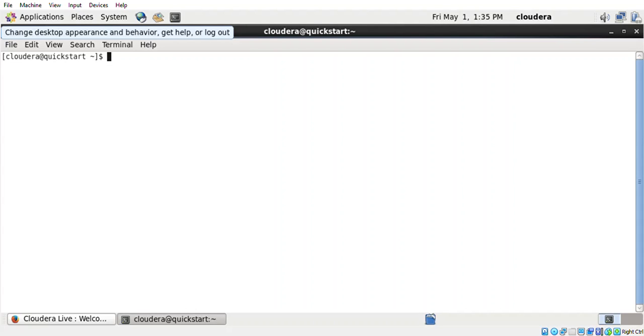The first one is the control flow nodes. As the name says, they control the starting of the operations, the ending of the operations, and in between, the intermediate processes that are happening. That is why we call them control flow nodes. Next are action nodes, where the actual processing tasks are performed.